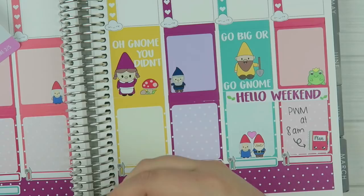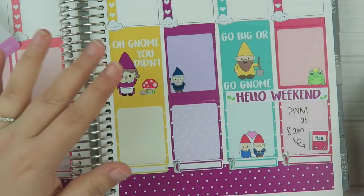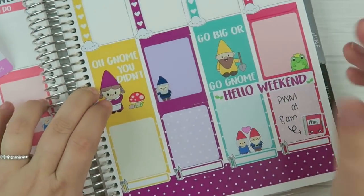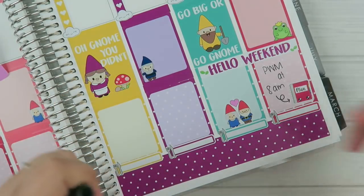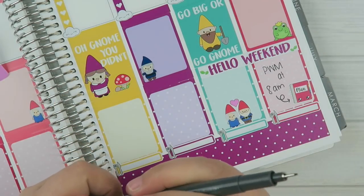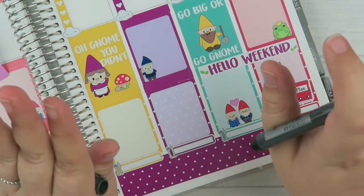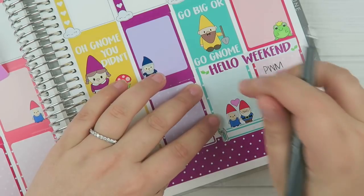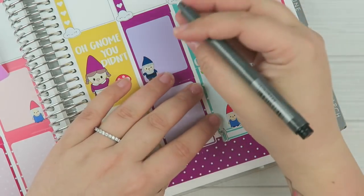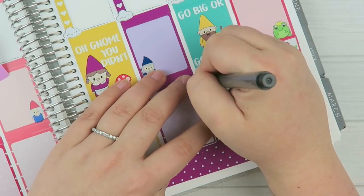I think having my memory planner has really prompted me to do more things because I need things to put in it. So whatever the excuse is, I'm taking it. It's a lot of fun. Oh, and Farmer's Market is on Saturday, so we need to do that too. So we're gonna do